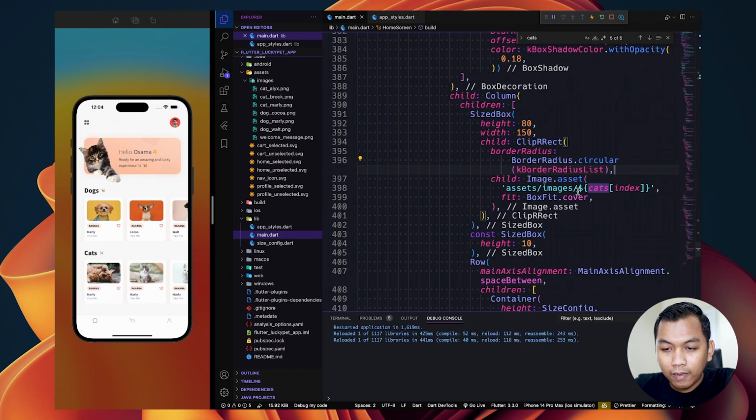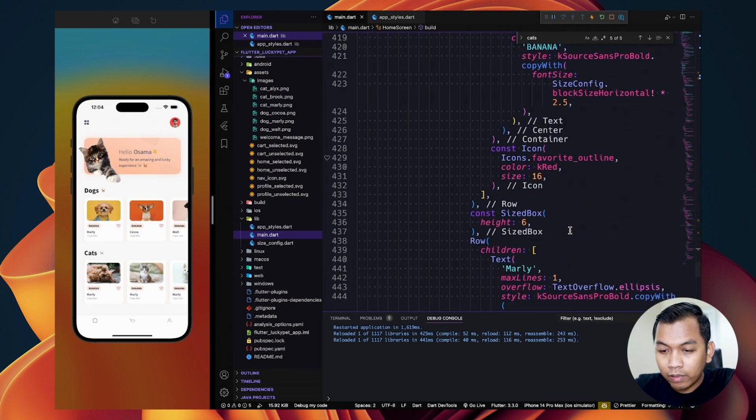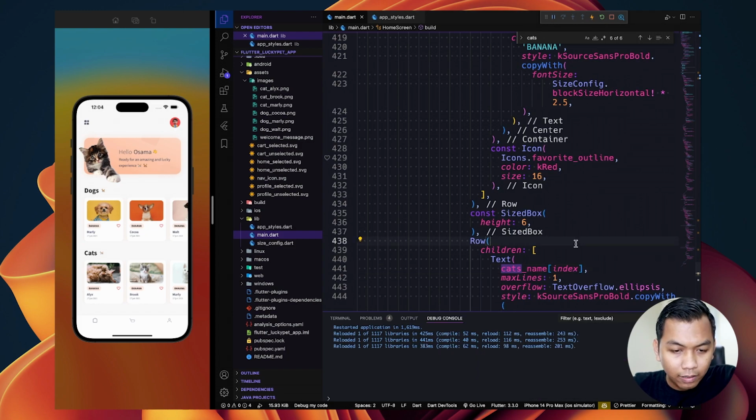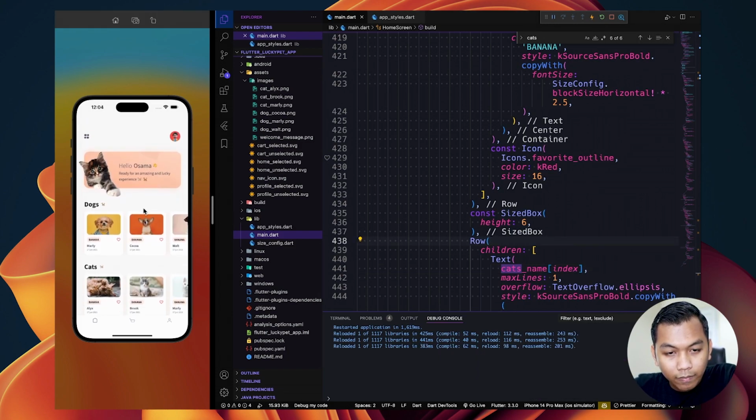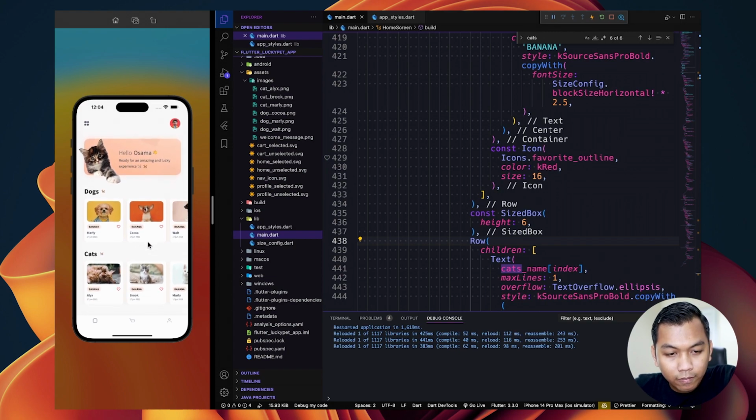Alright, it works. And the next for cat name, so we say cat names index. Alright, look like this. So we have 3.